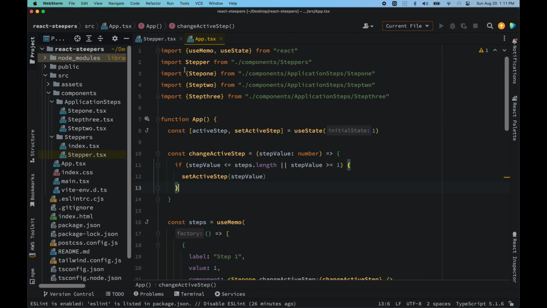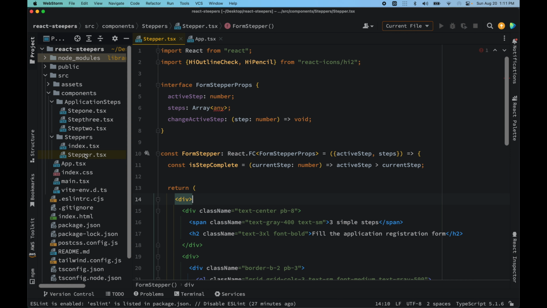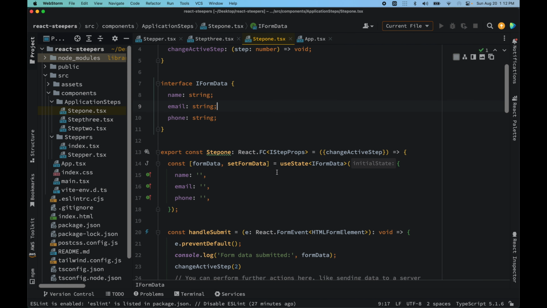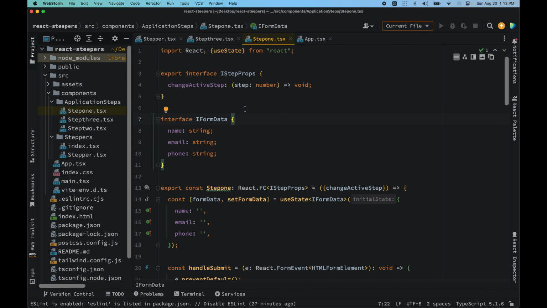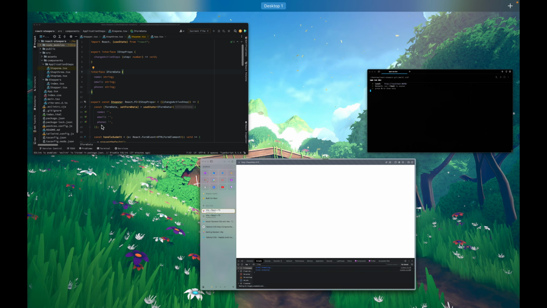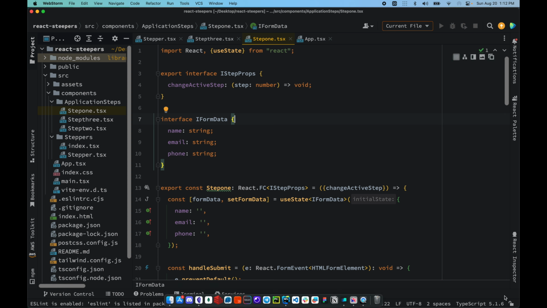Which means that we have successfully done the stepper, and we are checking whether we are in step 3 and changing the step to step 4, but we don't have a step 4. But we could add some conditions and logic or push to a new route after we handle everything inside of step 4. So you can introduce any logic. For example, we can have form fields or any checkbox, radio buttons, or whatever. So this is how we can introduce and work around with the simple form component with React, TypeScript,